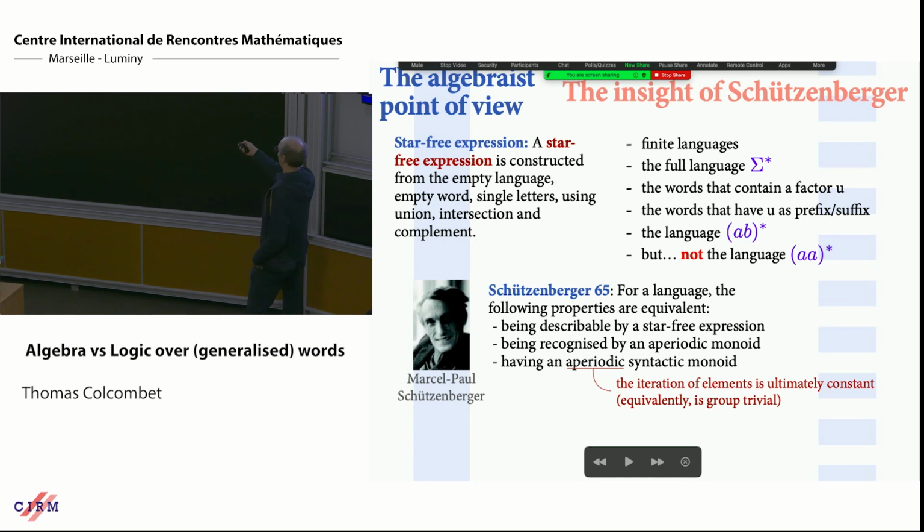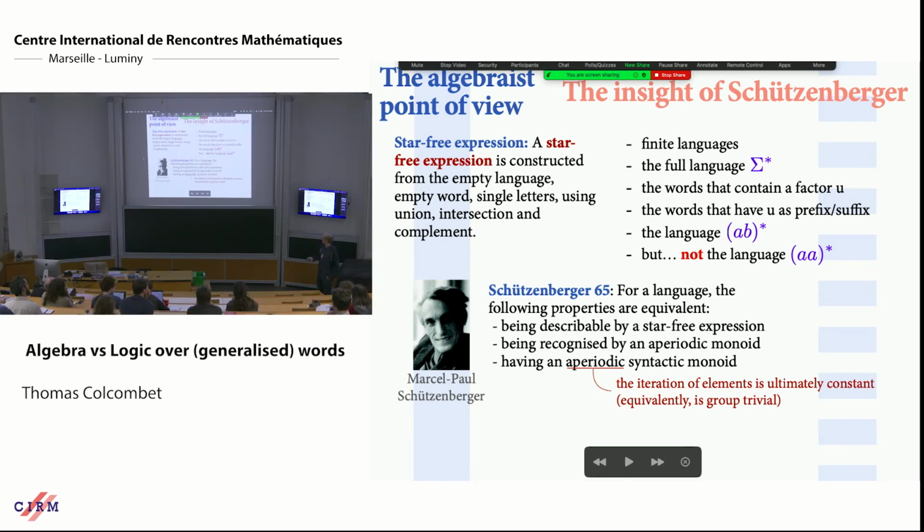Okay, to make it short, if you are in a monoid and you can start to iterate an element, so a square, a third, and so on. If your monoid is finite, after some point, you will have to fall again on a given point. But in general, this can be loops, like Z over 3Z. You may have a square, and it's only after finitely many steps that you come back. In an aperiodic monoid, all the elements are ultimately constant. So when you iterate elements, after some point, it does not change.